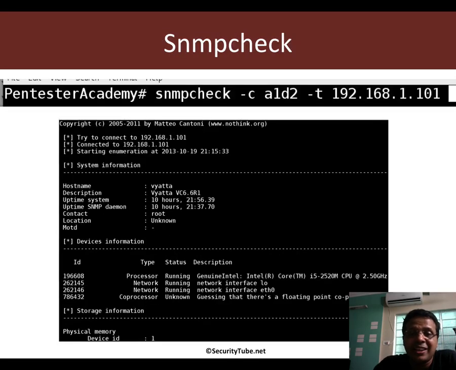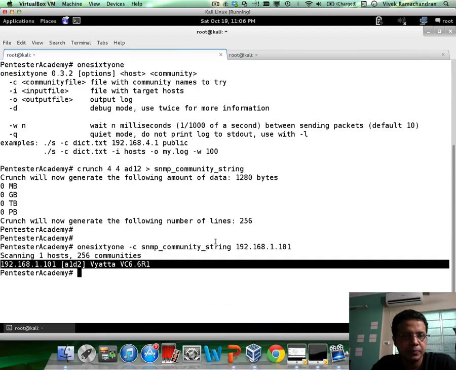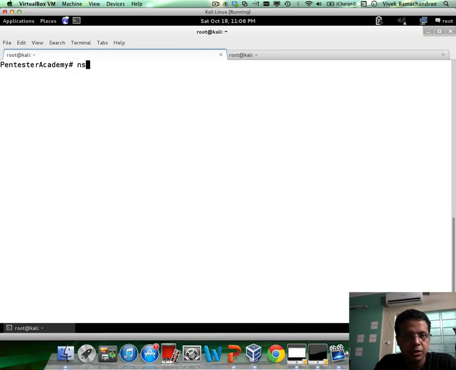Now, one of my other favorite tools is SNMPCheck. Now, SNMPCheck is a post-exploitation tool. And once you have uncovered either a read-only or a read-write SNMP community string, you can use SNMPCheck to go ahead and dump all of the SNMP configuration information. So let's go in, clear the screen. SNMPCheck is also installed,